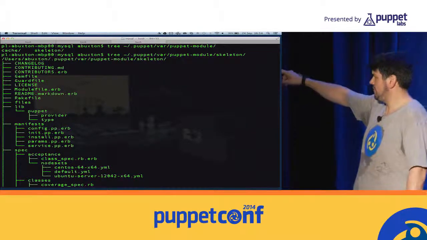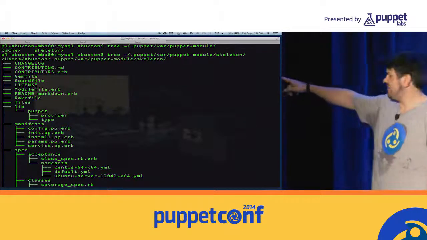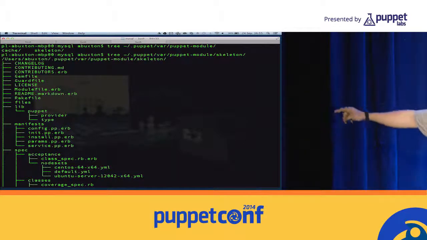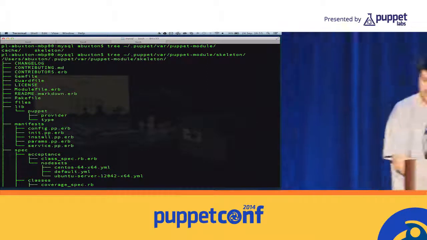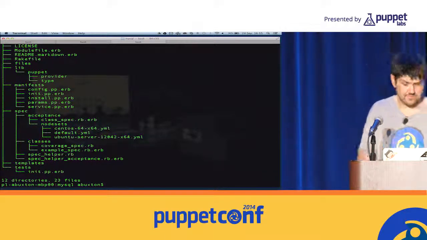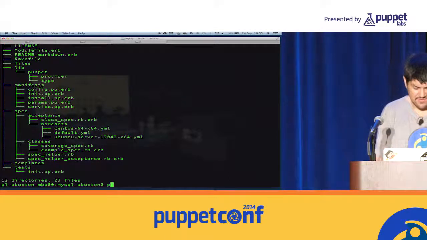but I've got a files folder. I've got a sample set of providers and types as well. I've got sample manifests, I've got a sample spec, and sample class tests. Because I've got acceptance tests, class tests, as well as templates and my init. And that just means that if I do